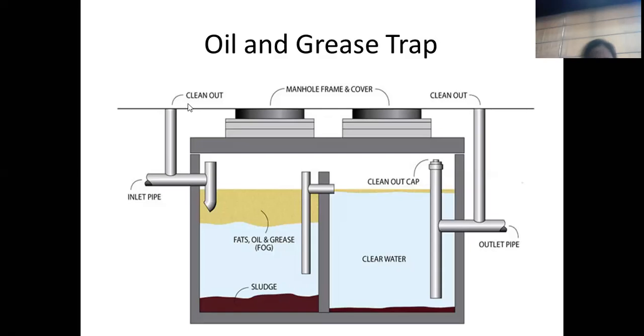Okay, now we'll come to the point that this is the clean out, this is the inlet pipe. This section is arranged to allow the water to enter near below the surface layer. So this will help keep the water in a stagnant position, otherwise the water will get stirred. If it falls from here like this, the water gets stirred. We should not allow it to get stirred. We want to make it very stable. If it is stable, because the density of oil or grease is less than the density of water, it will keep floating at the surface and the water will remain at the bottom, is it? So that's why this arrangement is made.